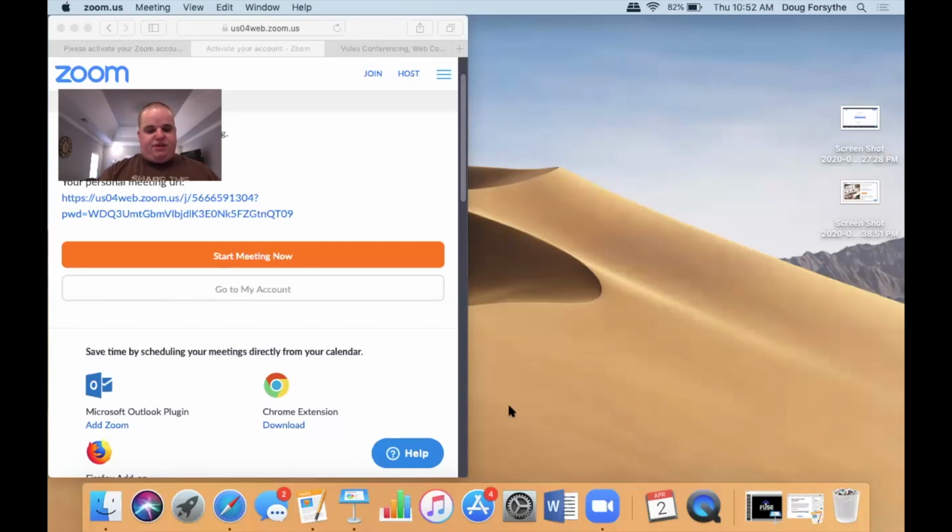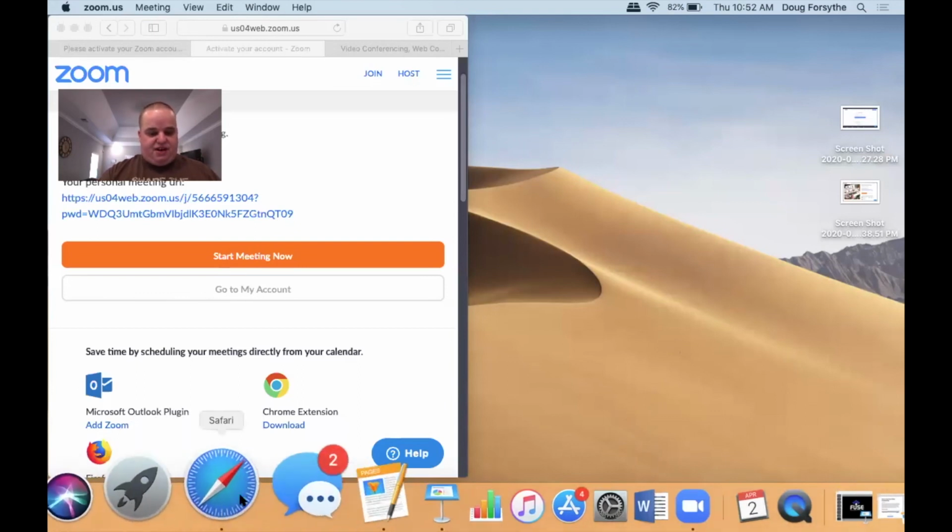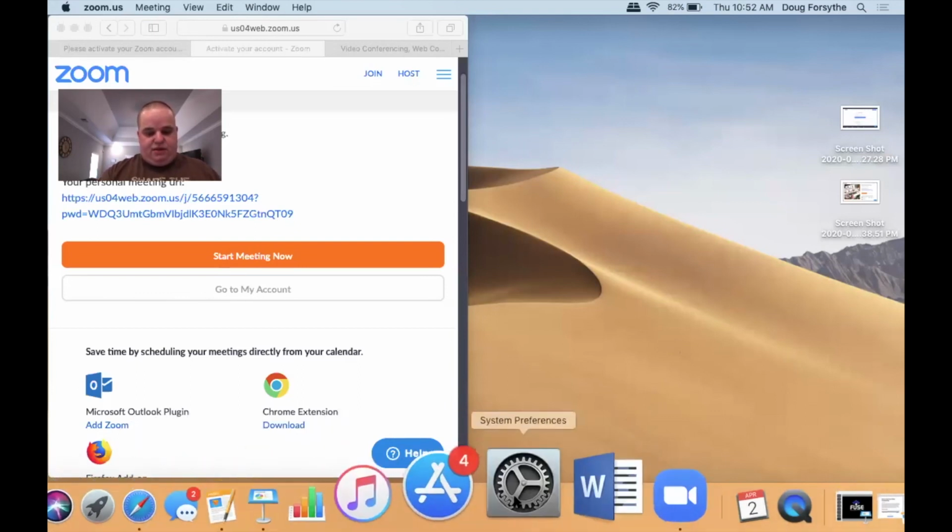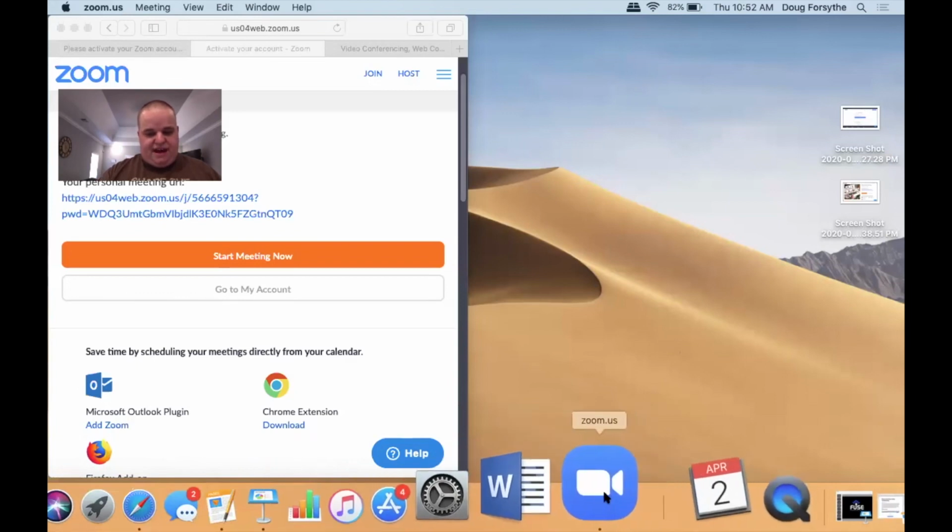So on MacBook, it looks like this. On the bottom, you'll see all these different apps. And then right here on the bottom, you'll see this little app with a little white camera. That is the Zoom app. So once you get through all the steps, you download Zoom, you can click on this and it'll show you the Zoom page. So you can create a meeting, you can join a meeting, you can share, or I'm sorry, you can schedule meetings. So if you've got a small group that you want to have this tool used for,